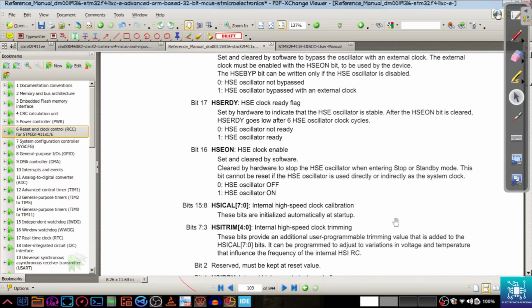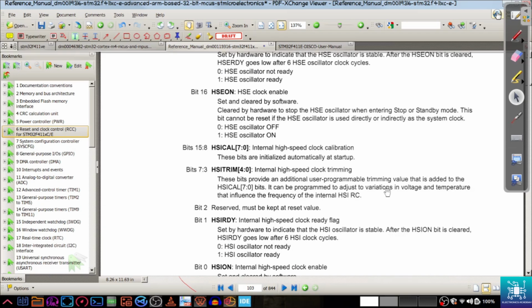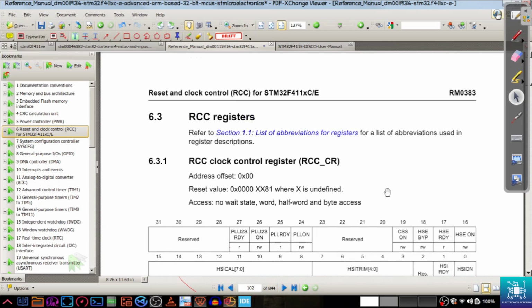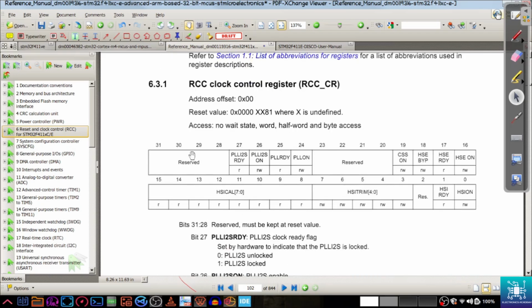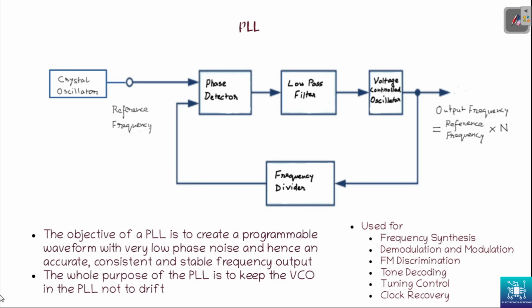So this is a very important register for setting up the PLL. So make a note of this particular register. We will revisit this register going forward, and the diagram is on page 102 in the reference manual. Now, for us to understand the clock tree on the STM32F4, we have to understand the